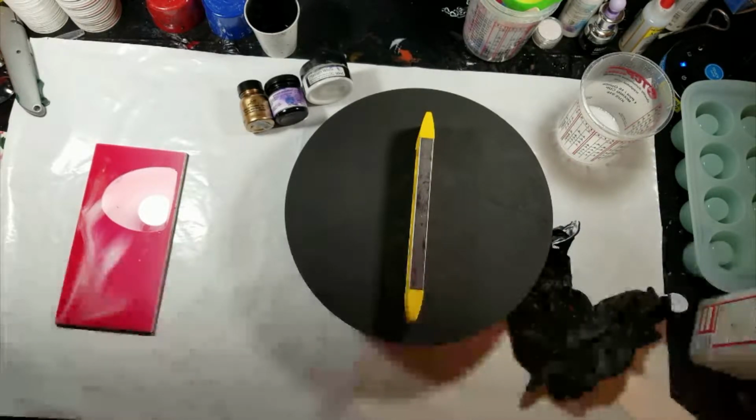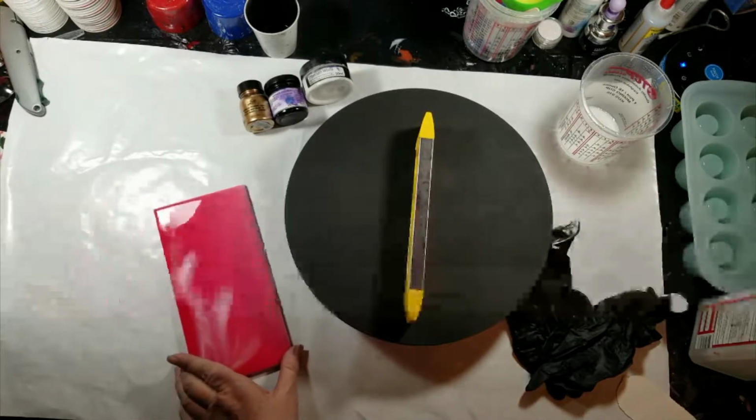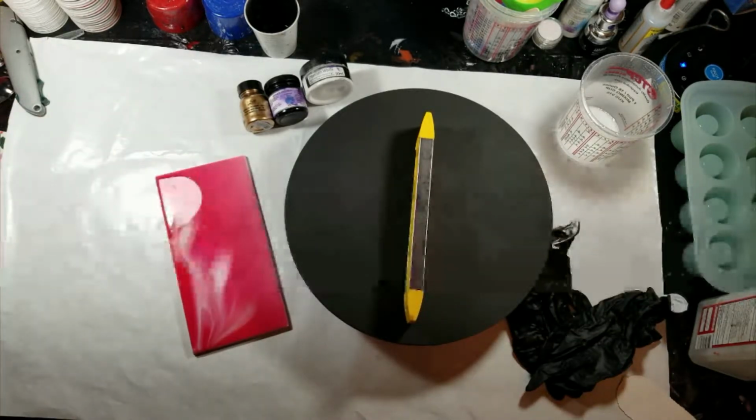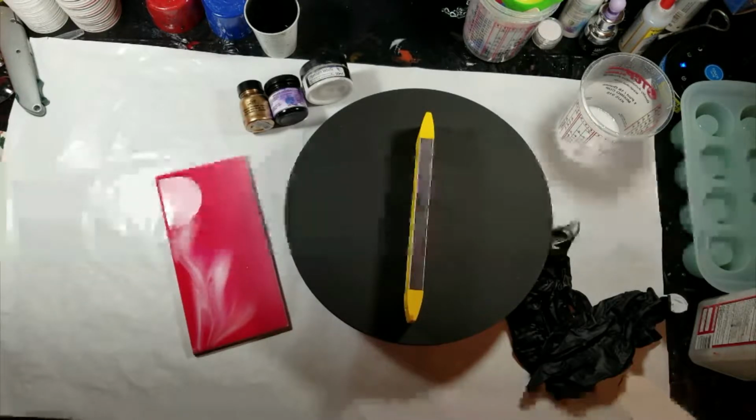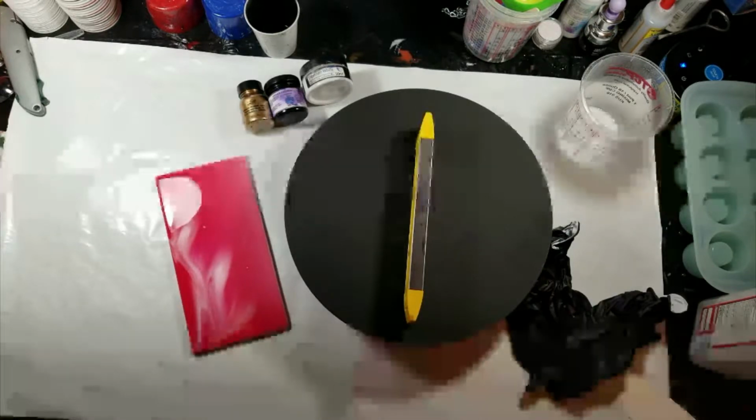I turned on the camera before I even started mixing the resin because I wanted to talk and show you yesterday's. This is yesterday's. As you can see, it slid. I'm hoping I can't do it today. Well, maybe I can do it later, but I couldn't do it in time for this. I want to do one of those